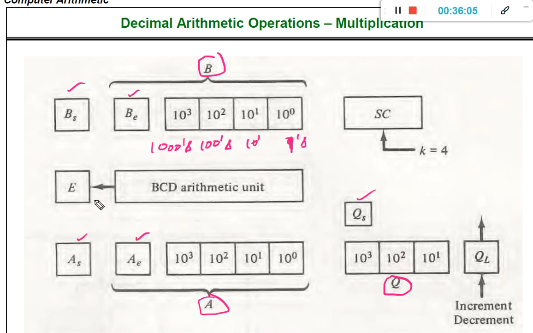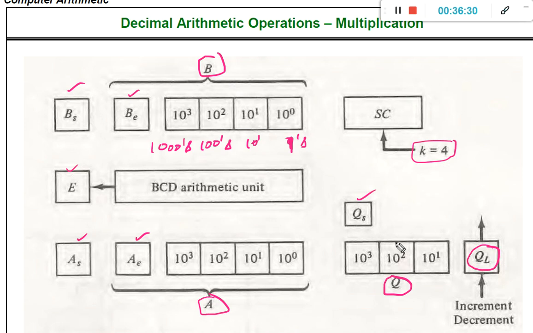After the arithmetic is completed, the carryout will be stored in the expansion bit, and the sequence counter is initialized with value 4. The increment as well as decrement operations are carried out based on the QL bit.